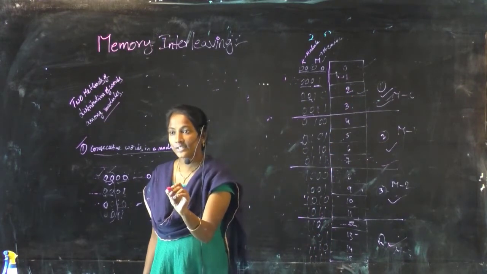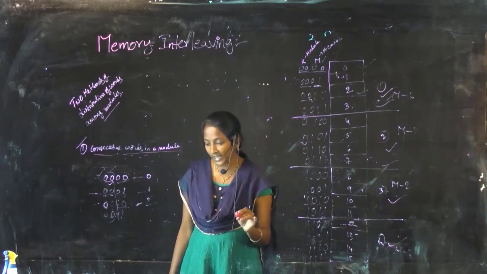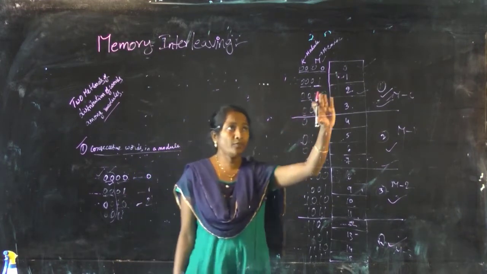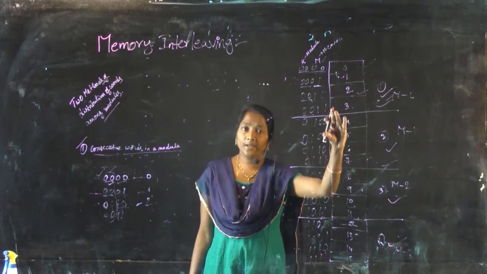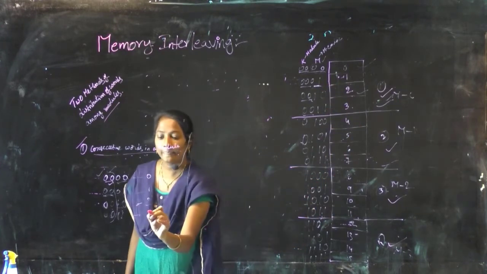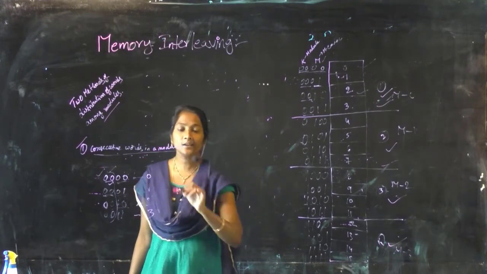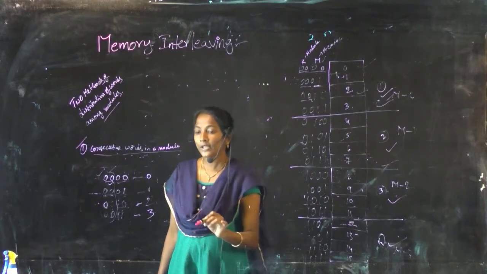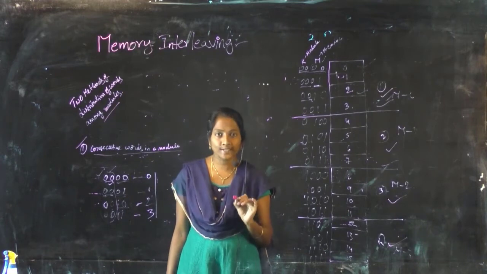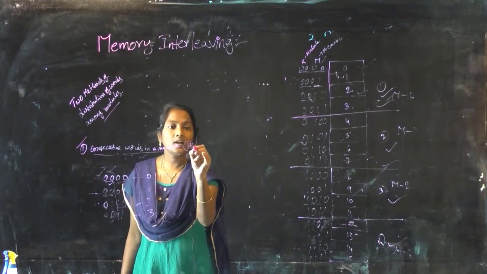In this case, consecutive words in a module, in the accessing of consecutive locations only one module is involved when a block of data is transferred from main memory to cache memory. Likewise data can be accessed by the processor in the case of consecutive words in a module. So it can access only one module at a time. This is known as higher order arrangement.